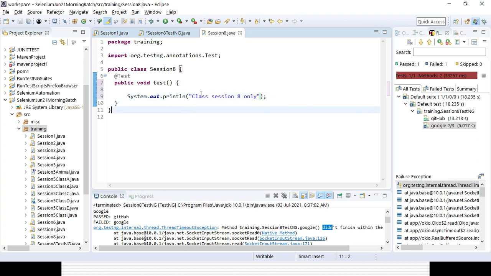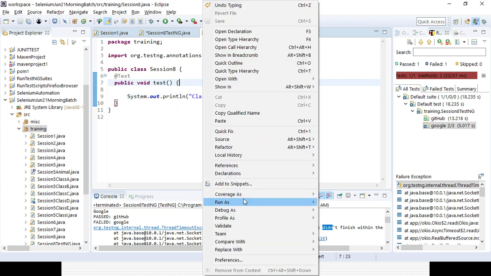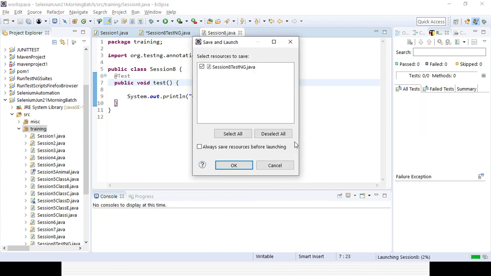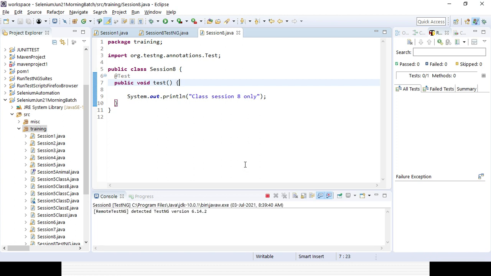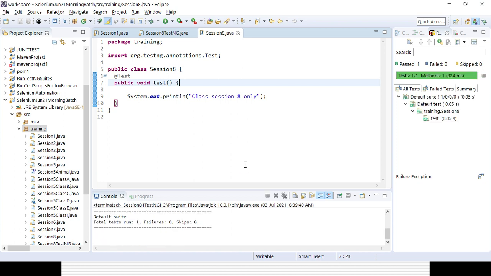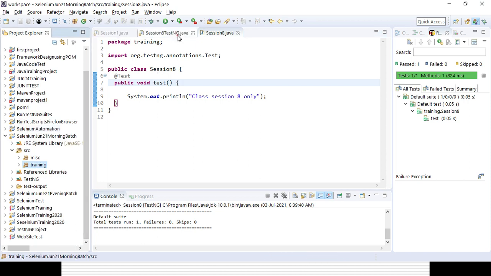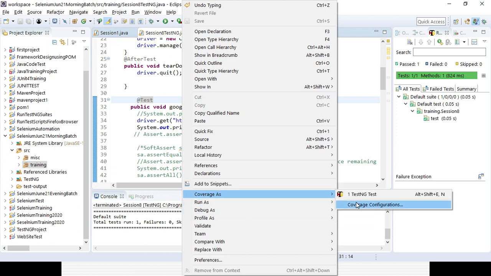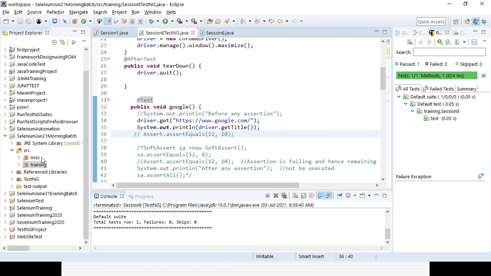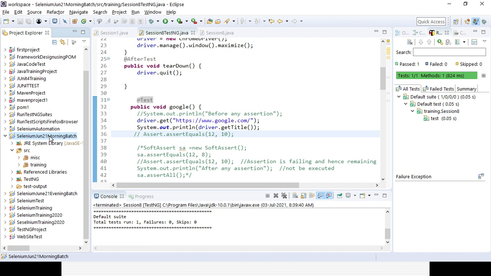If you want to run that class from the class level, you can run it and you can get the output here. So I can run only one particular TestNG class with the help of TestNG test. But if I want to run multiple, it is not possible, right? I have to go class by class and run them one by one. Now there is no TestNG XML file, so if I create a TestNG XML file, I can run multiple test classes at the same time.